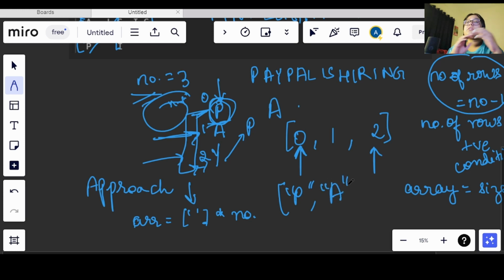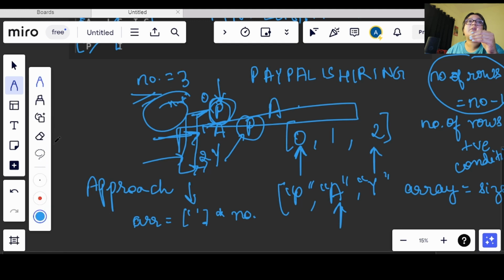Why am I doing this? This will keep a check of each and every row value, right? Because let's say I reach here, now I have y. This p that will come, I need to store it in the first index value, right? Because I need to have the entire substring that will be formed by this row, right?